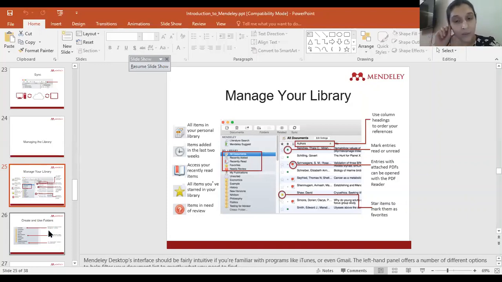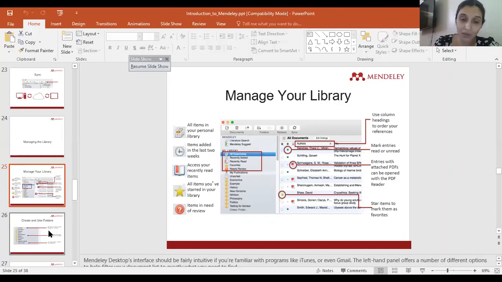There could be papers which you might put into your Mendeley which do not have a PDF, but I put them in for future use. What I do is I take it from the website. For example, on the slide, you can see a paper, Schilling and Govert. Here you don't see a PDF. What have I done? I have taken it from the web. It did not have a PDF. I have stored it in Mendeley.